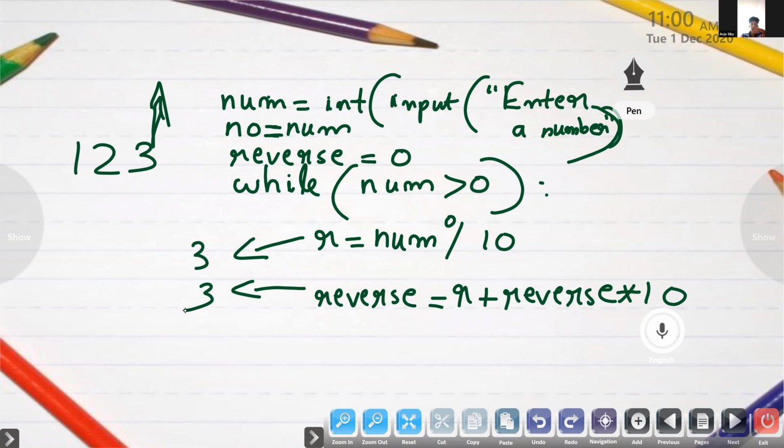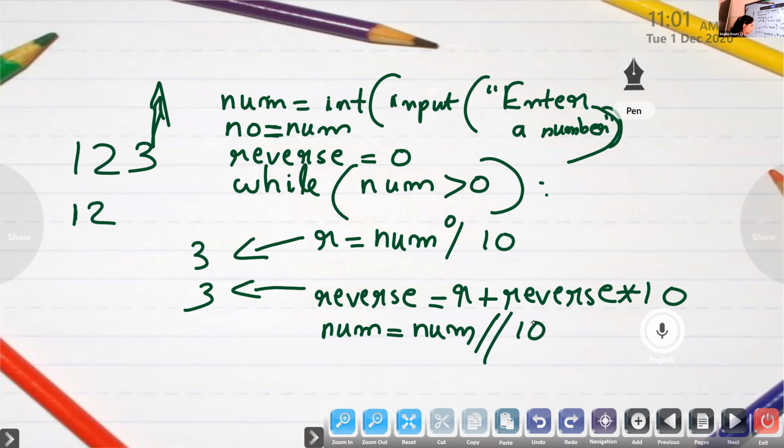Okay. Now, next step is, in order to continue with the loop, what do you need to do? 123 should become 12. For that, what you have to do? Num is equal to num floor division 10.